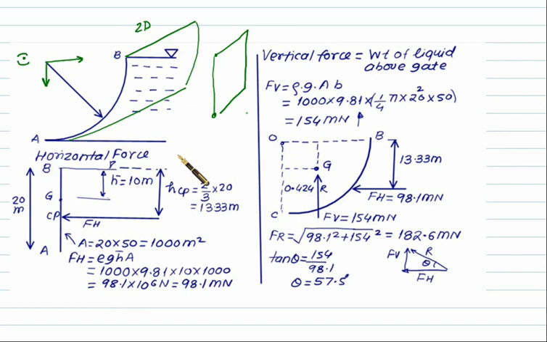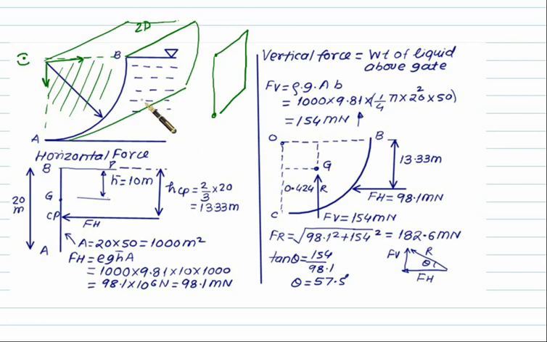Now the next question is the vertical force. So how much liquid is here? This cross section we know and the length is known, so you have to calculate the volume. This cross section is 1/4 pi r squared because it is a quarter circle, 1/4 of the circle's area, and we have a width equal to 50 in this numerical. So we can calculate the volume. Volume multiplied by rho g will be the buoyant force.